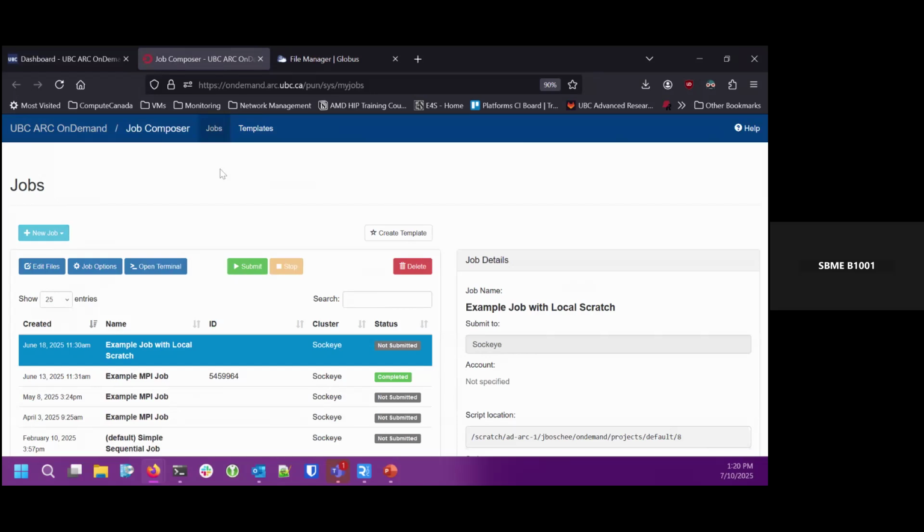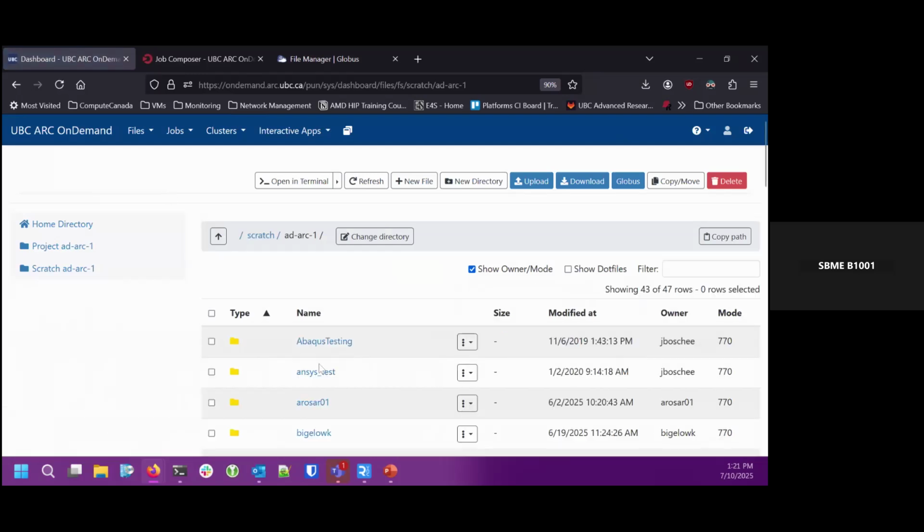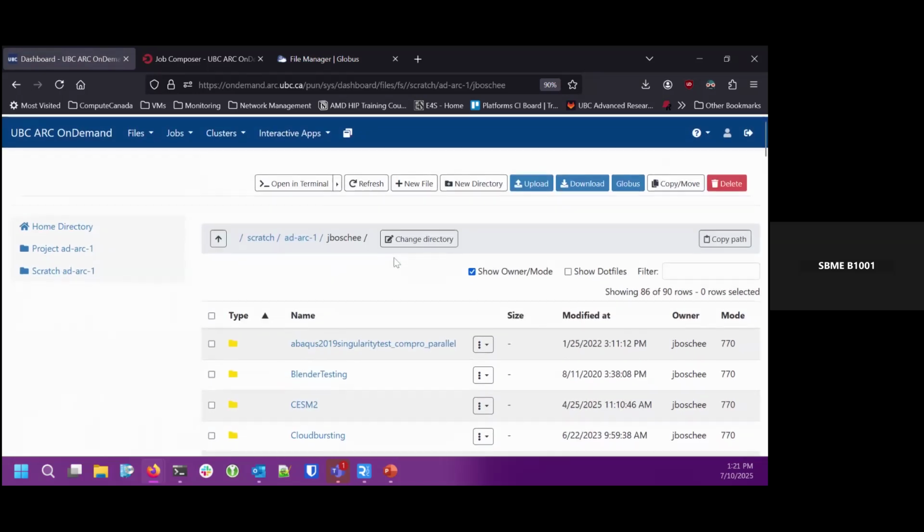There's a question on Slido: can we also access and store data on the Chinook server with ARC OnDemand? The Chinook server only has an interface via Globus, but you can use ARC OnDemand to connect Sockeye to Chinook via the Globus interface. So if I go back to the files and go to, say, my Scratch, where I'd have some output data, and I wanted to upload some data from my Scratch folder,